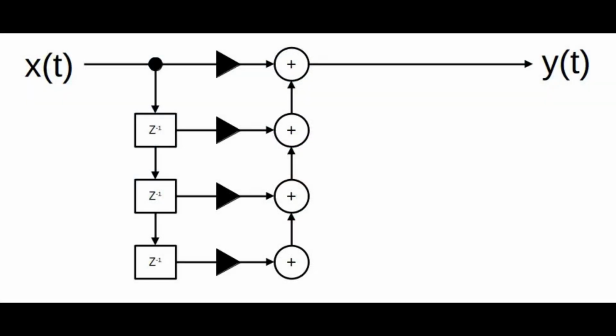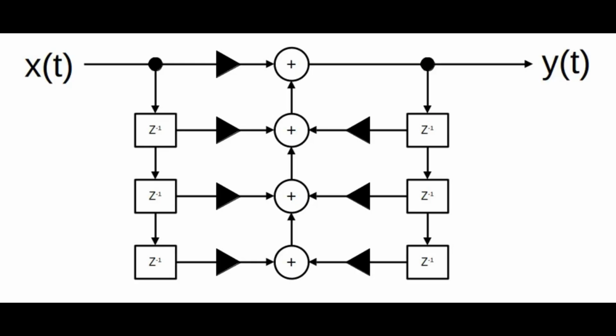If you look at a block diagram of the filters I've discussed in previous videos, namely the FIR filters, it would look like this. Such a filter only has feed-forward taps, represented by these triangles here. An IIR filter, on the other hand, has feedback taps. That's represented by these triangles over on the right. So again, these are feed-forward taps, these are feedback taps. It's due to this feedback that the filter gets its name, infinite impulse response.